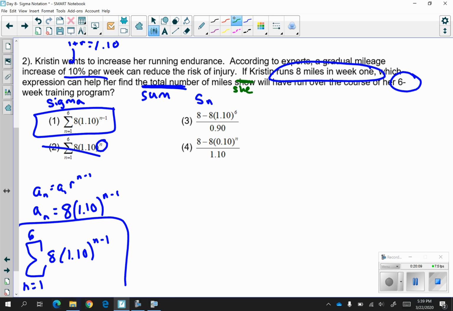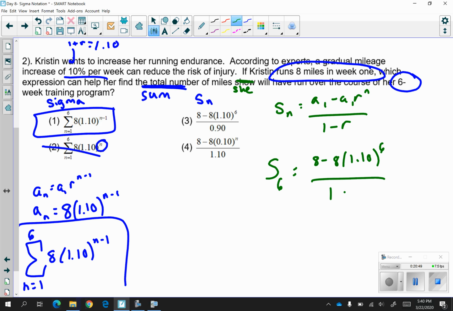However, if you wanted to do it the other way as well, what we're going to do is use S sub n equals a sub 1 minus a sub 1 times r to the n over 1 minus r, also on your reference sheet. We're talking about the sum of the first 6 terms. So our first week she ran 8 miles. Your common ratio is 1.10 and n would be 6 over 1 minus the